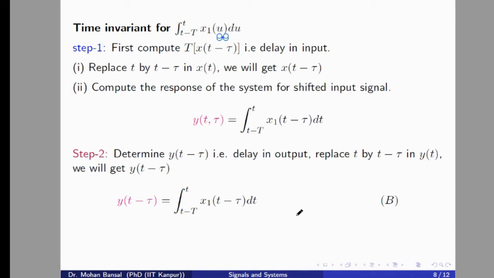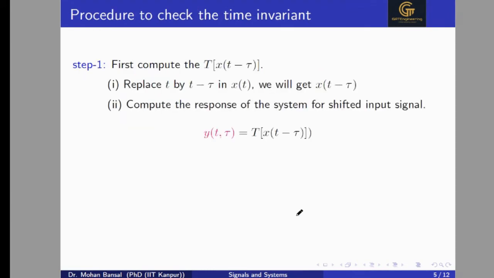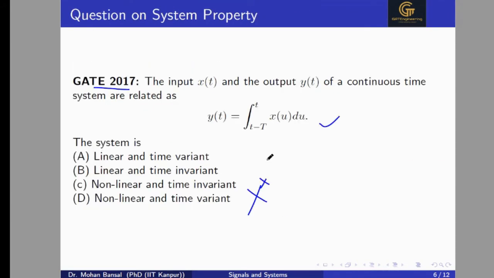So here you can think in this way. This is the solving approach, but you can directly write the answer. I will tell you how you can write the answer directly for this problem. Okay, so here you can see that in this problem, this x(u) is a function of time only. x is only a function of time, but y(t) is a function of x(t), and it does not depend on any other t except x(t). It means y(t) is a function of x(t) only. So we can say that the system is time invariant.